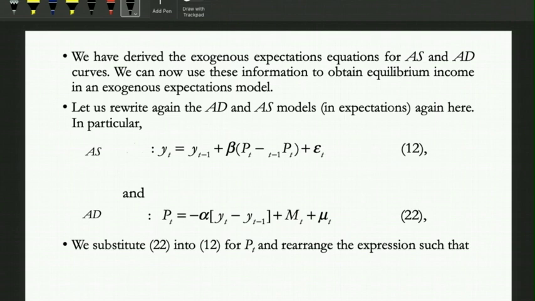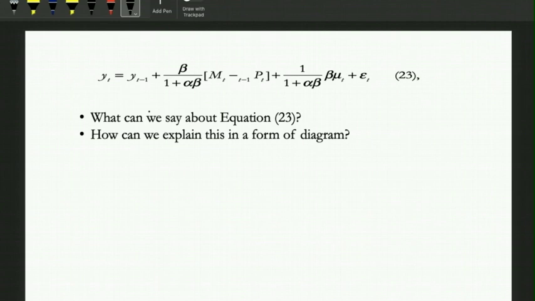So now we can use both AS and AD that we have obtained earlier in order to obtain equilibrium income in an exogenous expectation model. Let's say we rewrite the AD and AS model in the expectations form. So AS is this one, 12, and also 22. What we need to do is that you see PT here and you see PT here. So you substitute PT back into 12, and then you solve it and rearrange it,